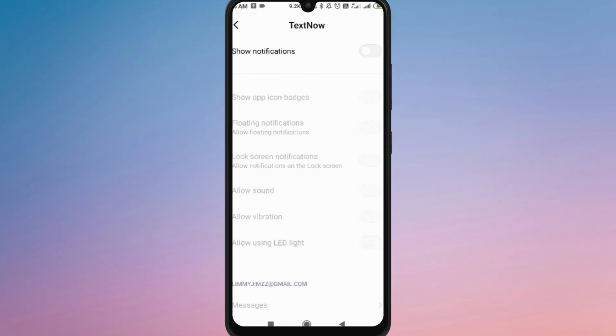Additionally, check your device system notification settings to ensure that TextNow notifications are fully disabled if needed. Now you know how to disable notifications on TextNow, giving you complete control over when and how the app alerts